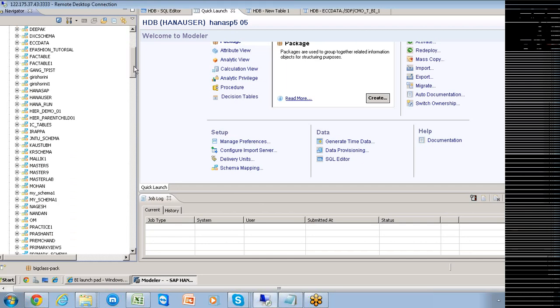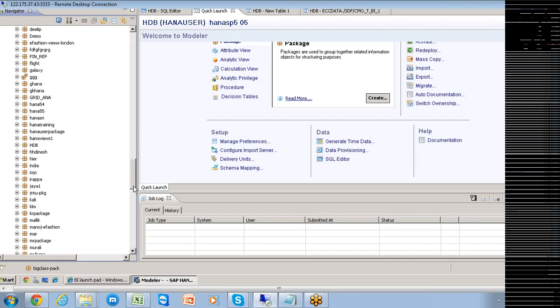Okay, now this is done, right? So we understand. Ravi, one more question here. If we don't create a delivery unit but I create a package, can I add that package into a delivery unit later on? No, not a problem. See, like in SAP BI, it goes to temporary.